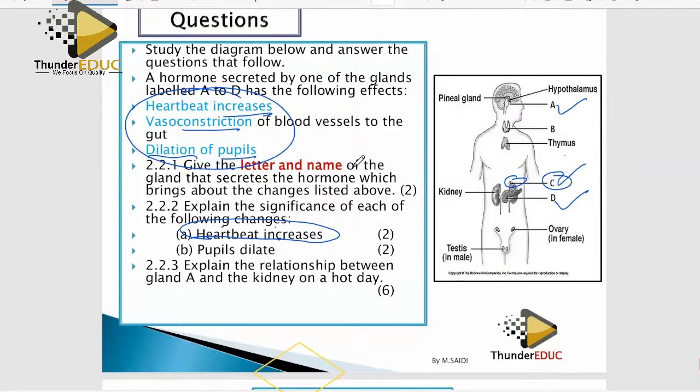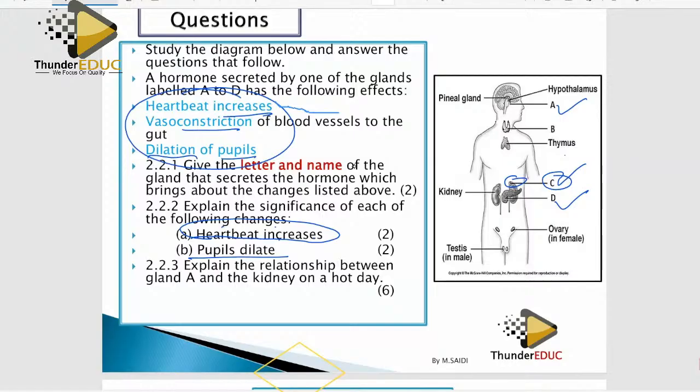Then what is the essence of the pupil to dilate? If someone tells you that someone has died, what is the first impression you're going to have? If you check your eyes, they open like a cat's eyes in the dark. The pupil will be very big, allowing more light to enter so that you are able to see clearly what they are talking about.